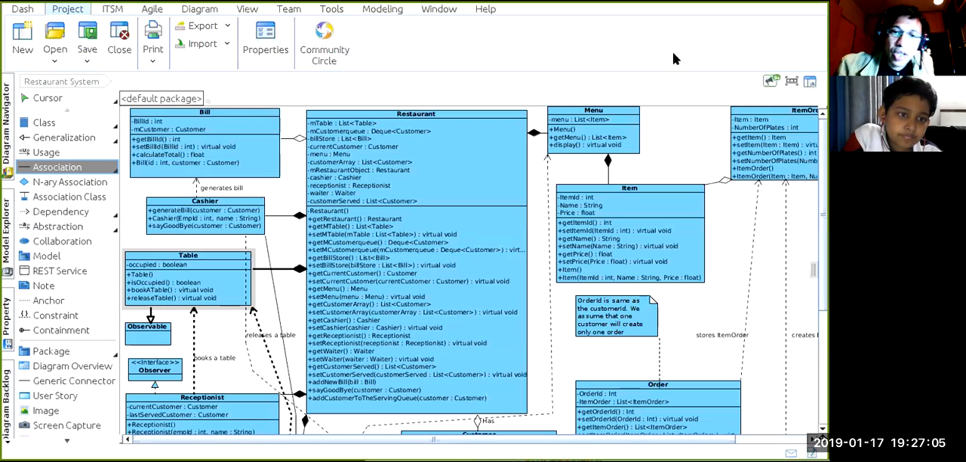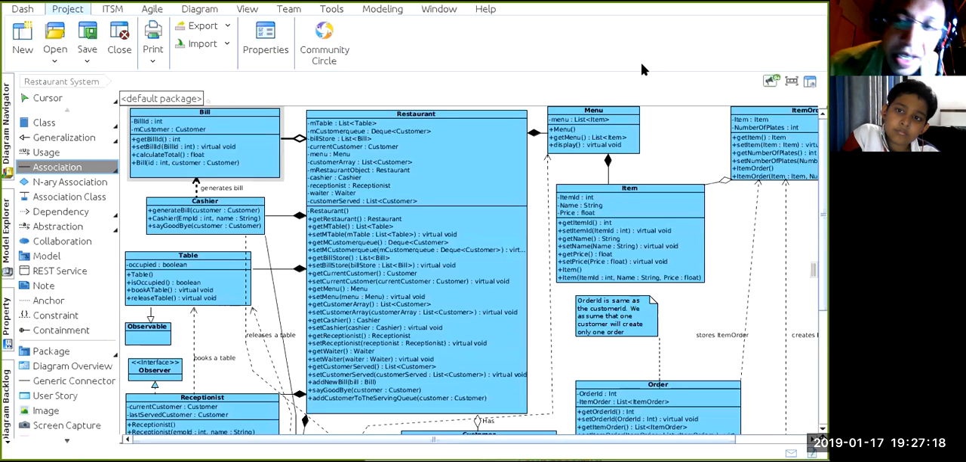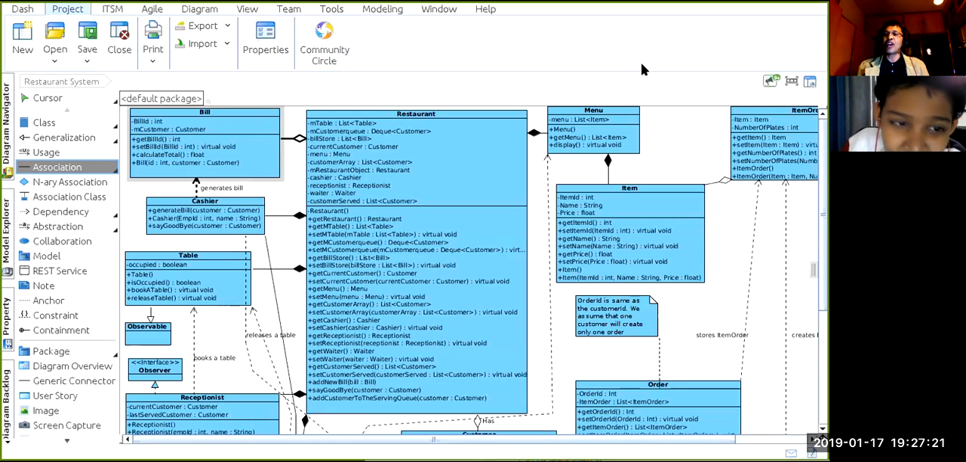Yeah. Dependency means when an object of a class is passed as a parameter to a method of another class. Whoever has that method, which is being passed the object as a parameter, that first class is dependent on the second class. For example here,